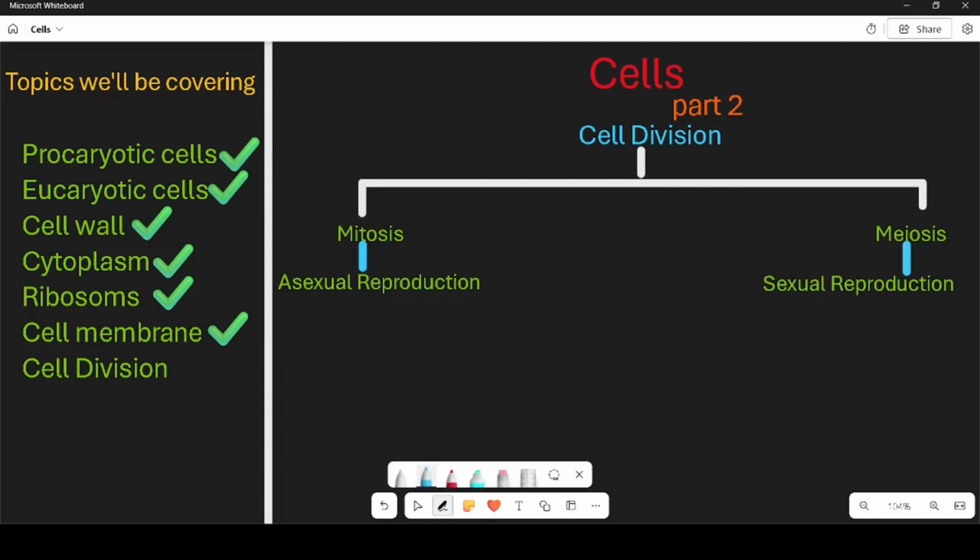Cell division happens in two types: mitosis and meiosis. Mitosis is a type of cell division where there is the formation of two daughter cells that are genetically identical to the parent. This is a type of asexual reproduction. Daughter cells produced by mitosis process